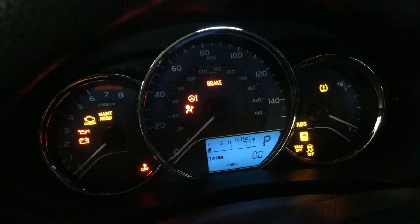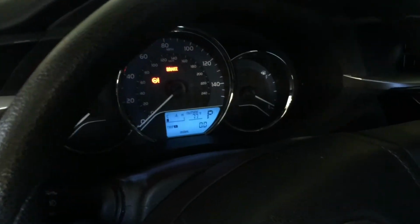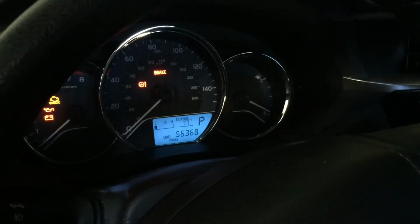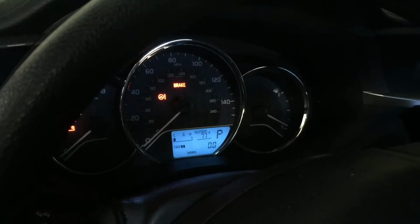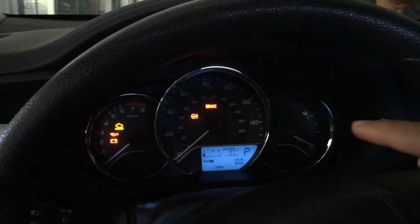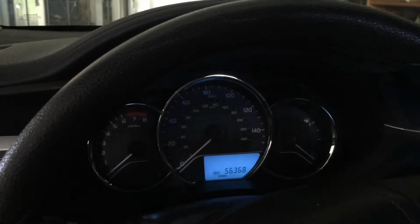Turn on your ignition and then again press the display until trip A is on. Let me see, trip A is already on, but I'm gonna do it again. Hold on to trip A, okay, just hold your finger. Right now I already turned it off, but switch the engine to off and turn it back on